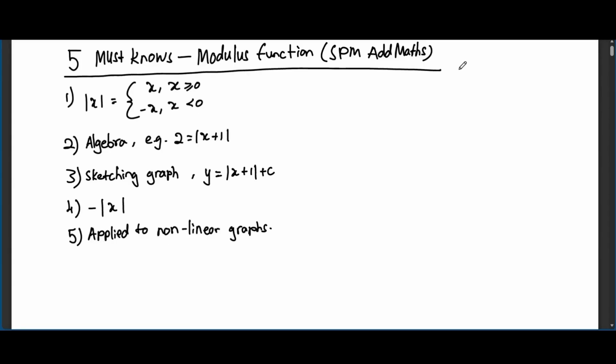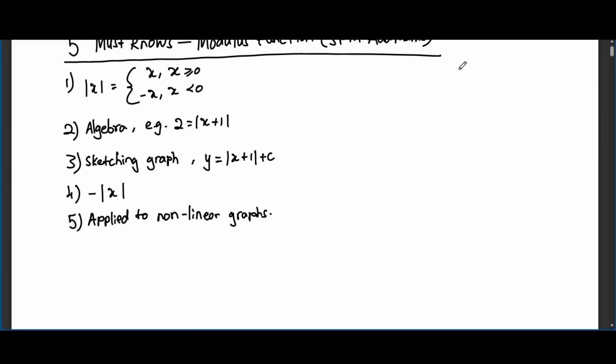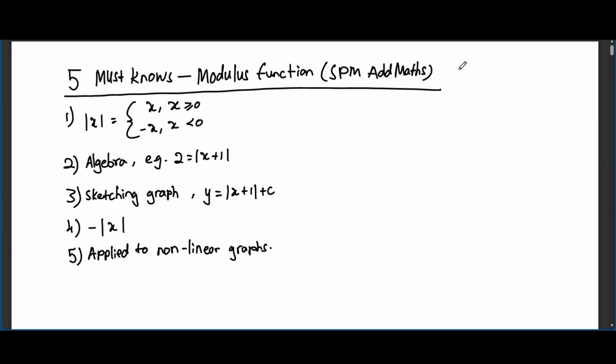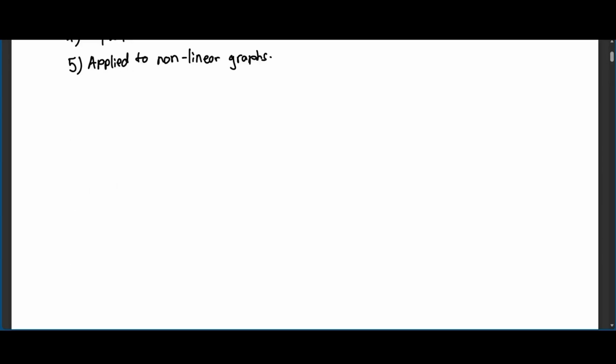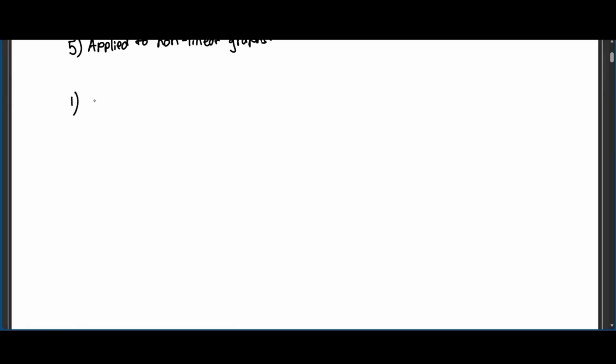Okay, let's start. First, we must know the definition of a modulus function. That's the first thing that we should know. So first, the definition of a modulus function represented by 2 lines